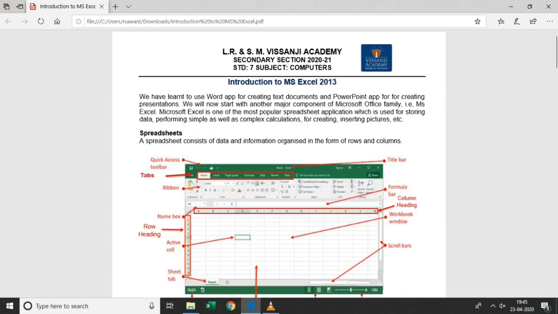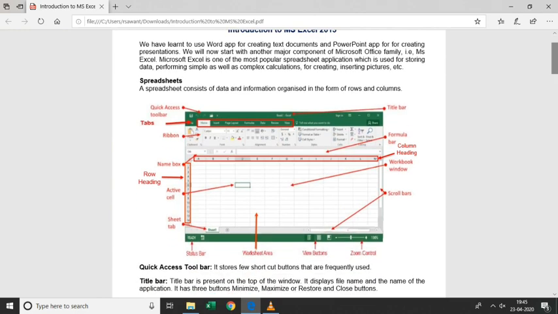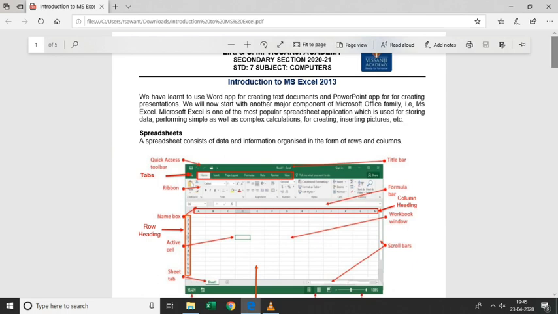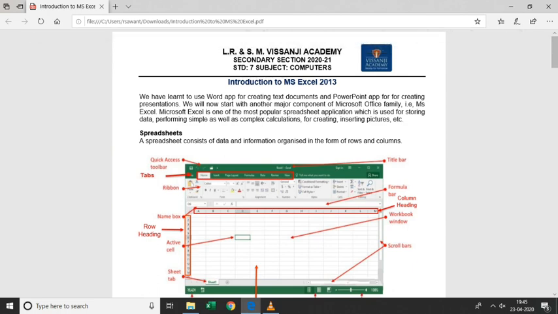As you can see on the screen, this is how your MS Excel file looks. As I said, MS Excel is also called a spreadsheet. It is used to arrange the data, and it can also help you to sort your data.